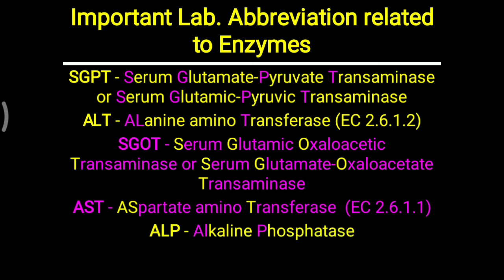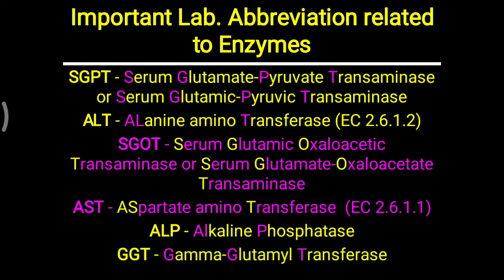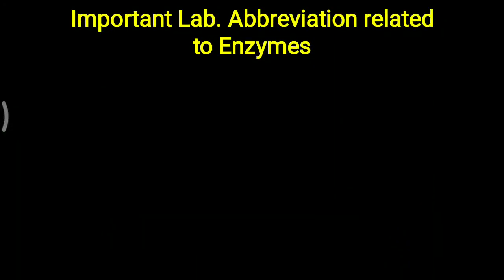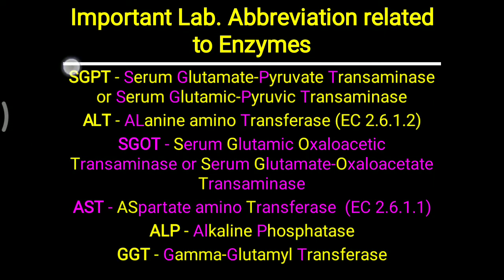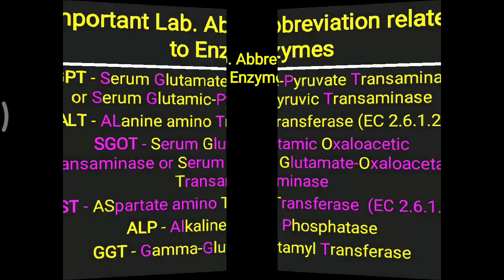ALP, the full form of ALP, is alkaline phosphatase. It indicates that this enzyme works maximally in an alkaline medium, so the name alkaline phosphatase is given. In the same way as ALP, there is another enzyme, ACP, called acid phosphatase. One more enzyme is GGT, gamma glutamyl transferase, which is also involved in a transferase reaction. All of these are enzymes related to the liver profile, or we can say the enzyme panel of the liver function test. You have to remember all the full forms, because in routine practice mostly the short form is used.